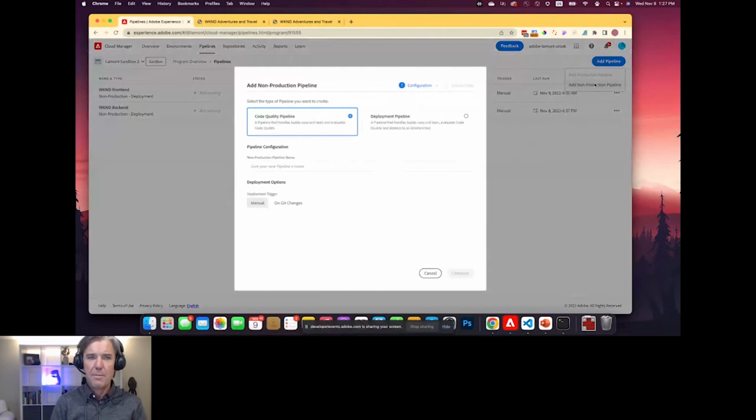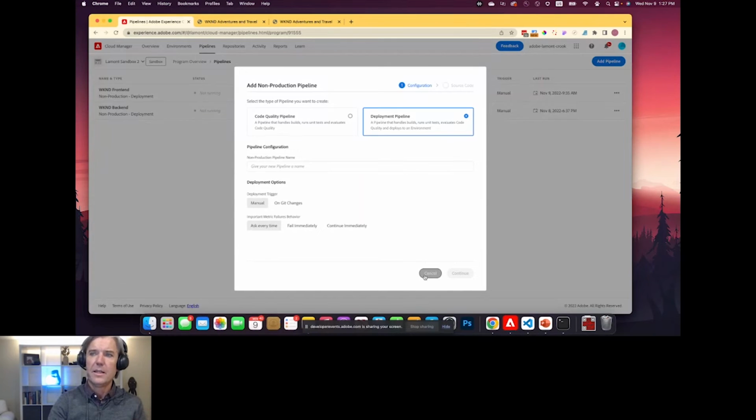But when you create that pipeline, you have the choice, like you saw, between code quality and the deployment. And with the deployment, you have web tier, front end, and full stack, provided you've enabled front end. So you're able to create a front end pipeline if you enable the front end pipeline in the author interface, which is where we started this whole thing.